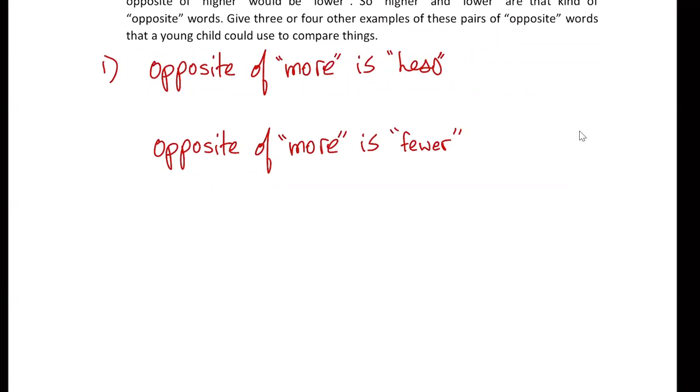All right, and really, don't get bogged down on the terminology here so much, because forget about the fact that it's the opposite of more. It's just really what's the difference between less and fewer, right? So less,